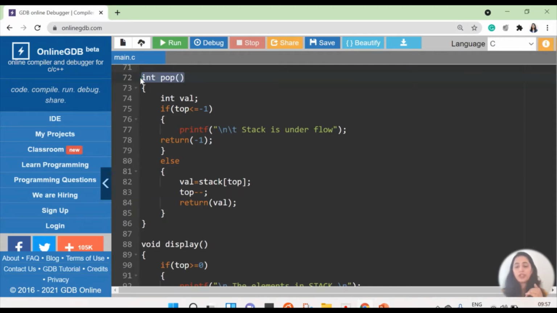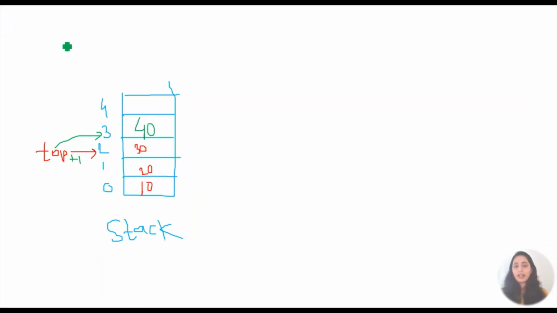In the pop operation we are not inserting something but taking some value out of the stack. So let us see that in the diagram. This is my stack and I want to pop out the topmost element from the stack. That means here we can see clearly that I want to delete number 40 from the stack.